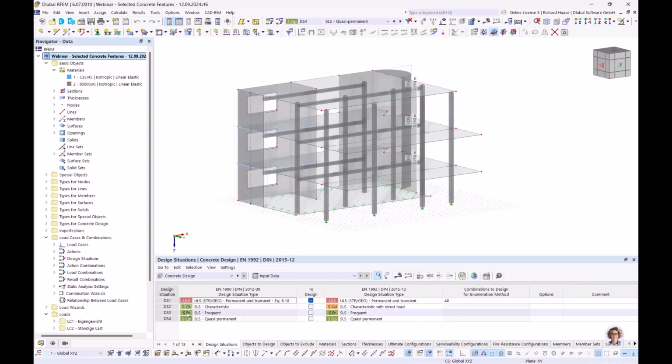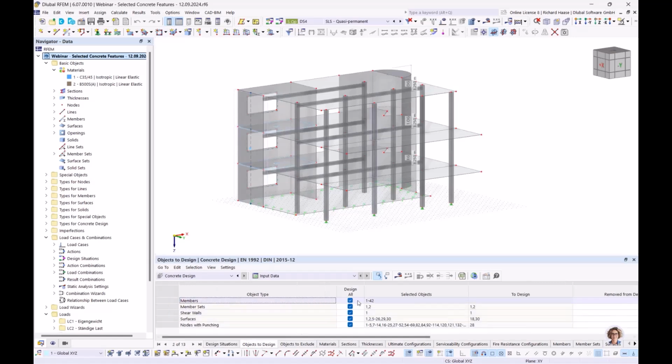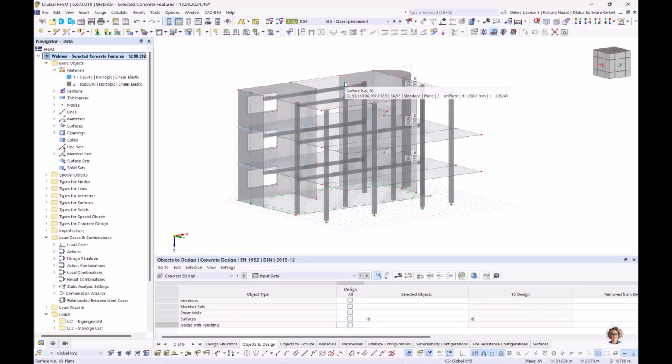I go to concrete design. We start at the beginning with the ULS. Don't calculate the SLS design situations, and want to start to reduce some calculation time only with surface 18 that's here on the top, and want to calculate